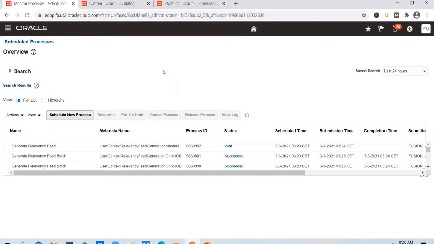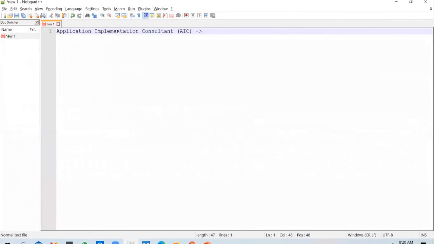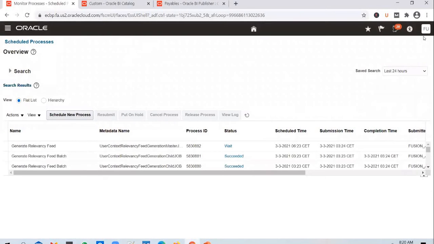But that will not be the case for real-time users, because you and me, since we are implementation specialists, we will have this role assigned. But on the client side, this will be assigned only to 1 or 2 members in a department, not to everyone. Ideally the reports will be run by the subordinates or the others who don't have AIC role. In such case, you need to explicitly give permissions of ESS job to the user. How do you do it?